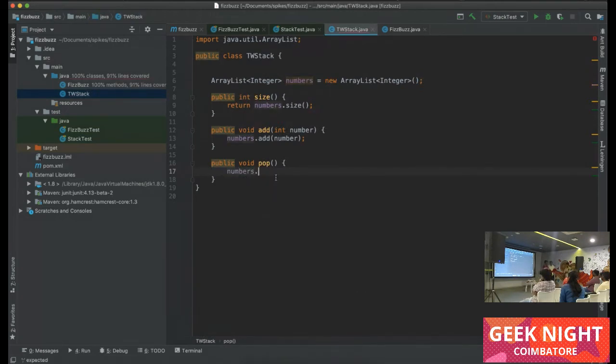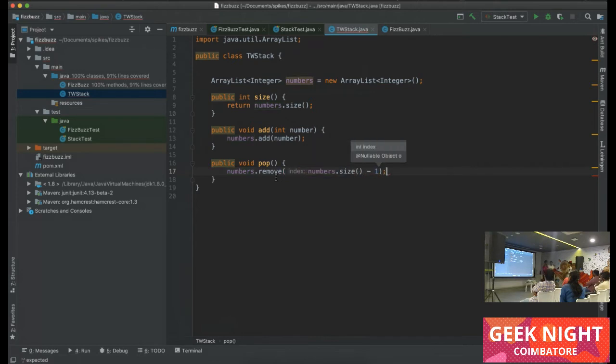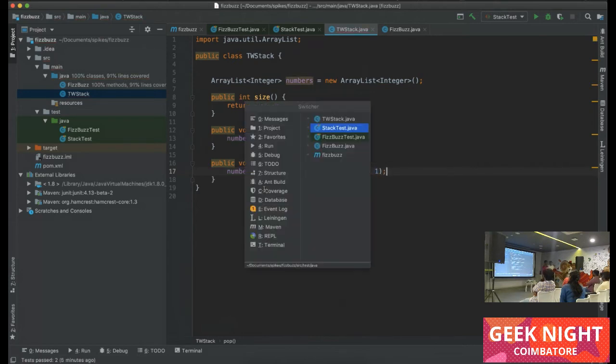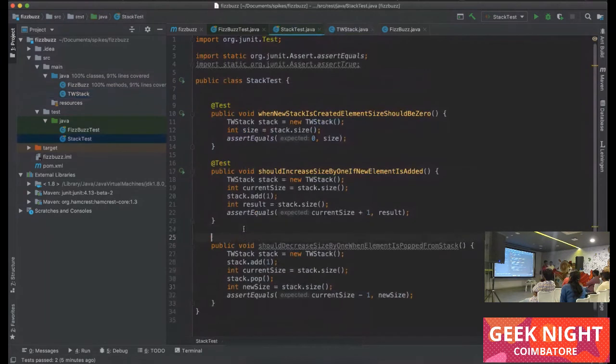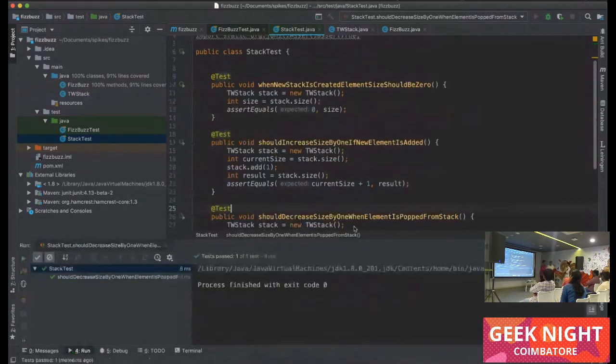The pop code numbers dot remove by the index will be the numbers dot size minus 1, right? Perfect.